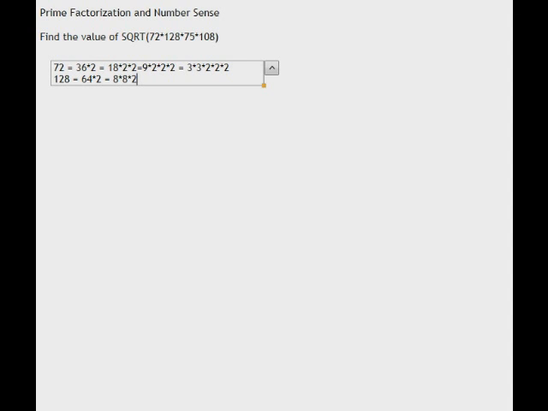Now because the 8s are the same, I'm just going to leave them like that and not factor them down further, as it will be just as easy to multiply it like this. Then we have 75, which is equal to 25 times 3, which is equal to 5 times 5 times 3. We then have 108, which is equal to 54 times 2, which is equal to 27 times 2,